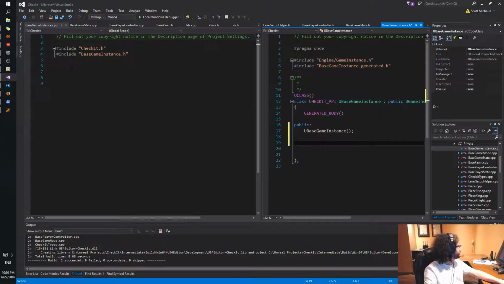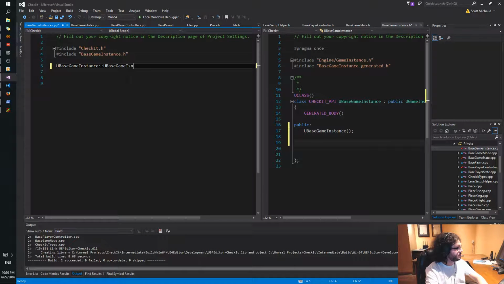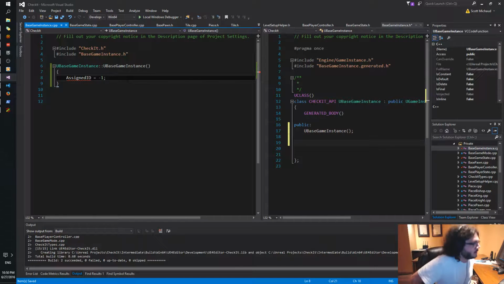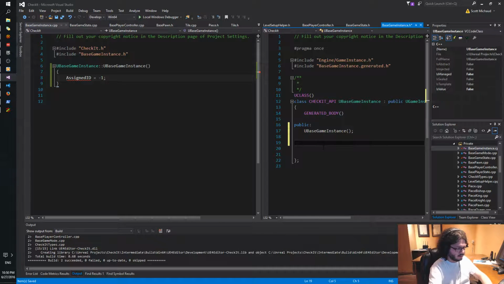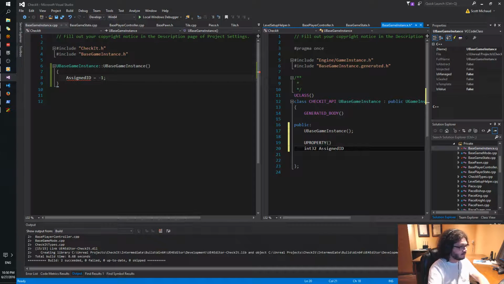And then we will have UBaseGameInstance, assigned UUID, or let's do assigned ID, -1. And we will add UPROPERTY int32 assigned ID.